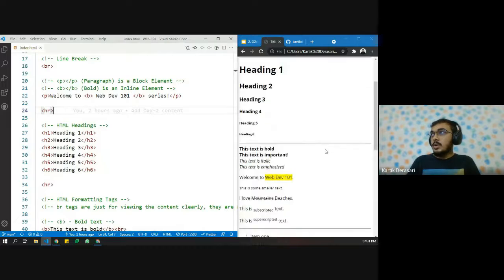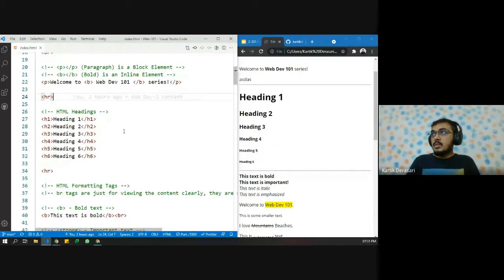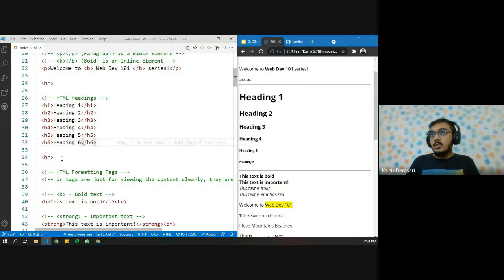Now let's jump on to headings. So this is how the style and look and feel of the headings would look like. So H1, H1, we can very easily compare all the look and feel and the code of heading tags. And just to differentiate between those, I'm adding a horizontal rule.